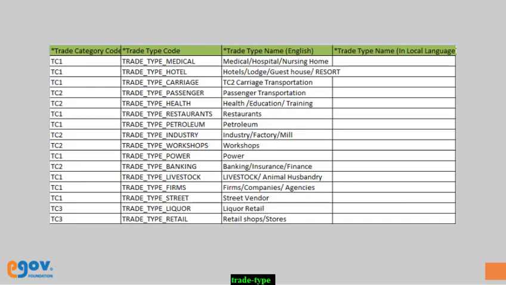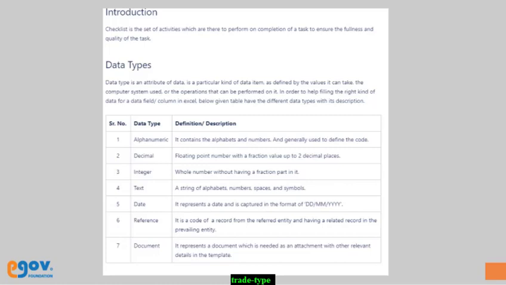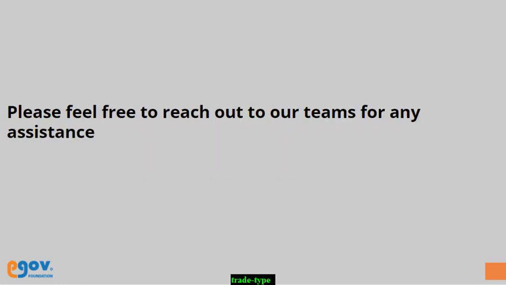After filling the data into the template, use the checklist to ensure the data filled is perfect by going through each and every checklist entity and comparing the data. We hope this video has helped you to understand the provided template and how